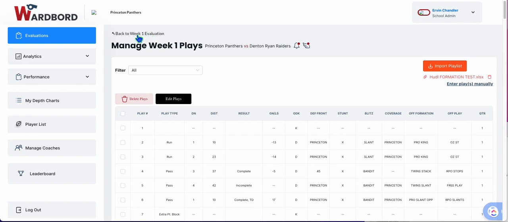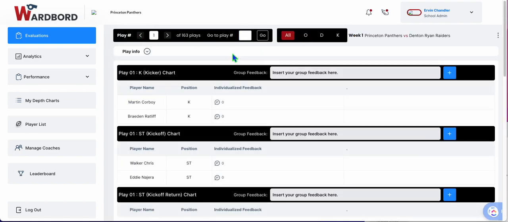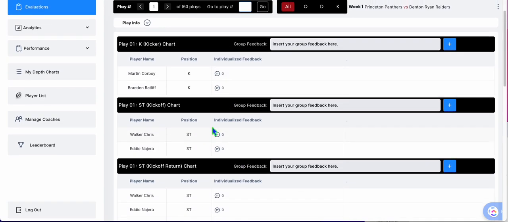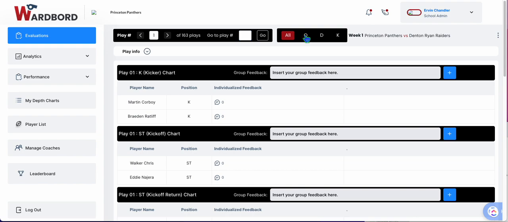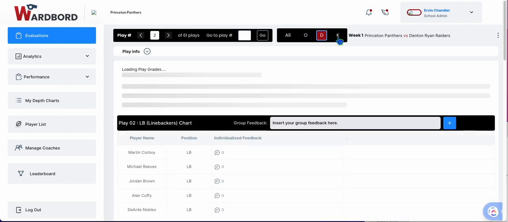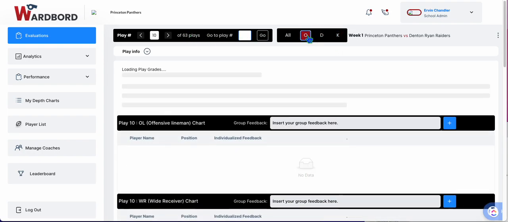So the import is done. I'm now ready to evaluate. So inside the feedback only, what you're going to see is way less buttons, right? So your primary metrics for execution and effort are not there. You're also not going to be doing stats. So you're able to move quicker, but what you're essentially seeing right here is, I'm going to go in here